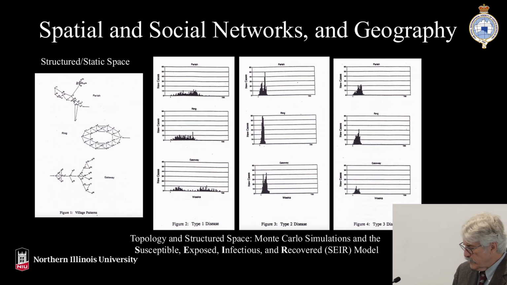And this comes out of more of a spatial statistics, spatial analysis, having been to the University of Washington, home of the quantitative revolution back in the 60s. But this is an example of a static or structured space, okay? It's a network. It has X and Y coordinates and so on. And what I did was create these different types of arrangements, and then I created these different kinds of pathogens, okay? How infective are they, okay? How susceptible are the populations, and so on. And so I would run it thousands of times, come up with average epidemics in different structured spaces, okay? And see how their patterns change and so on.